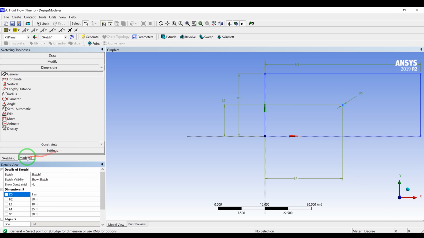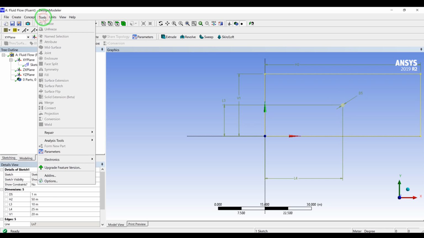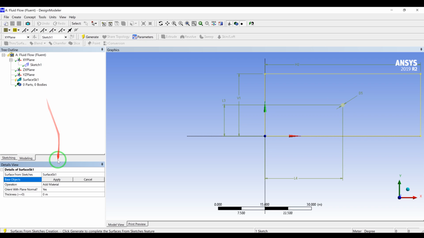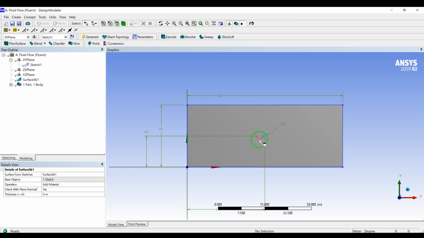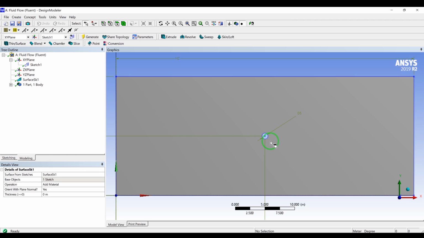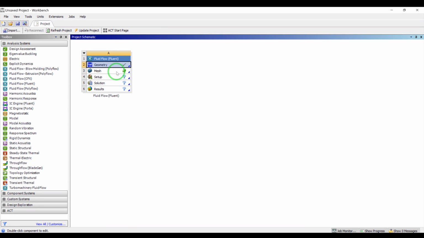Okay, now go to modeling and concept, surface from sketches, and select the sketch 1 and generate. So we have a rectangle with a circle in the middle. So we'll close the design modeler, open the meshing,